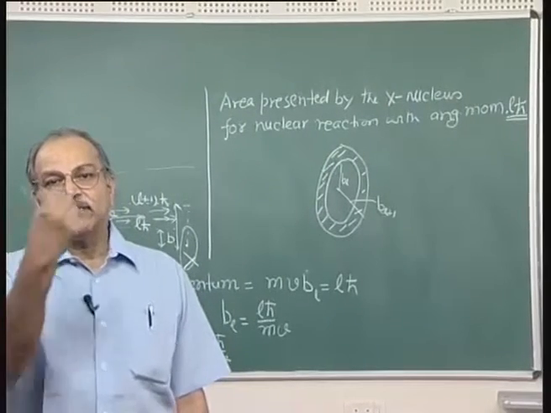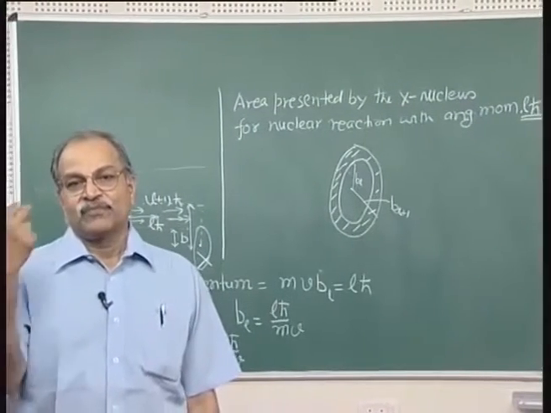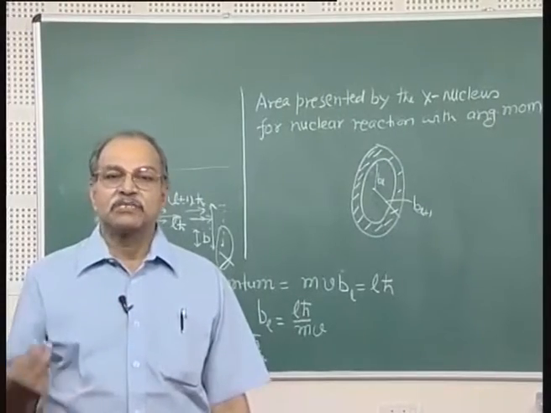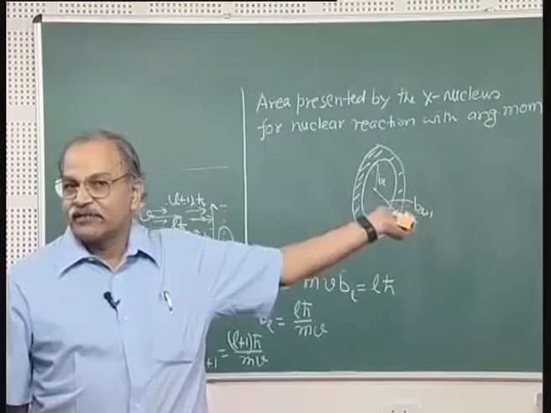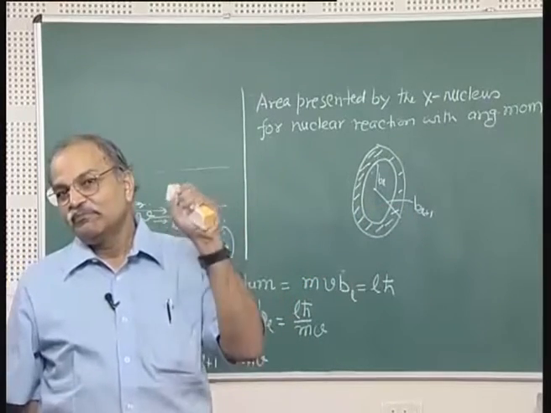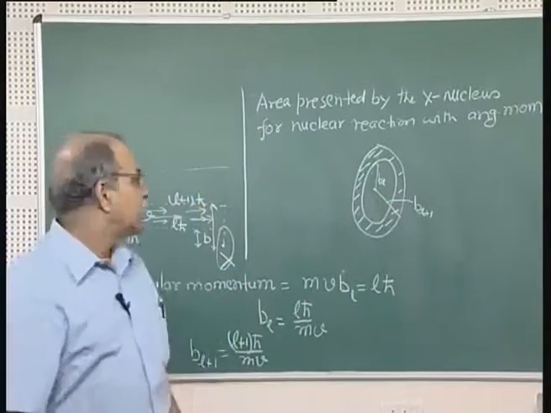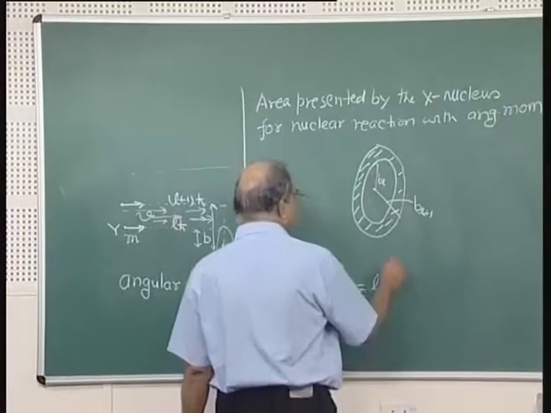So, the area around this X which admits this angular momentum L h cross is this shaded area between B L and B L plus 1, and that area is